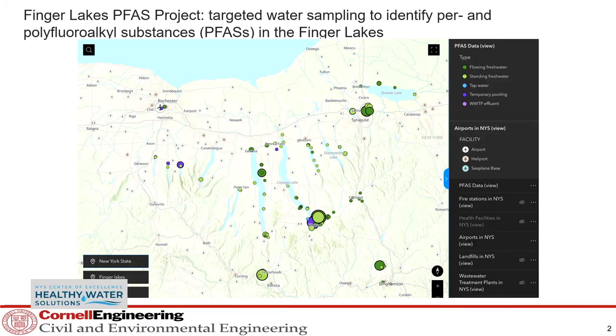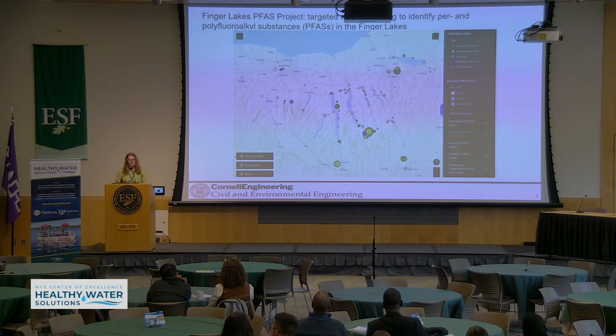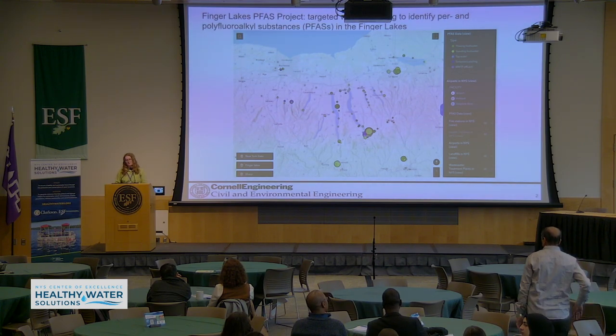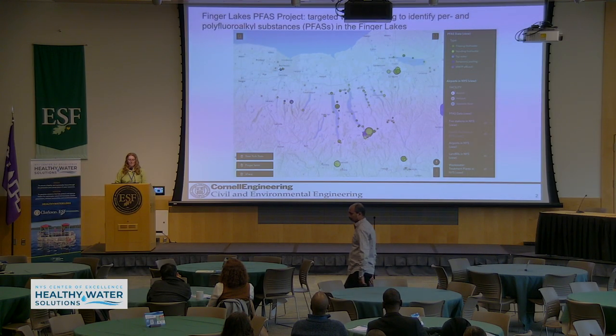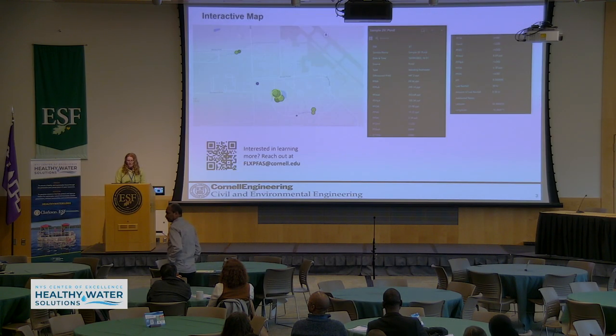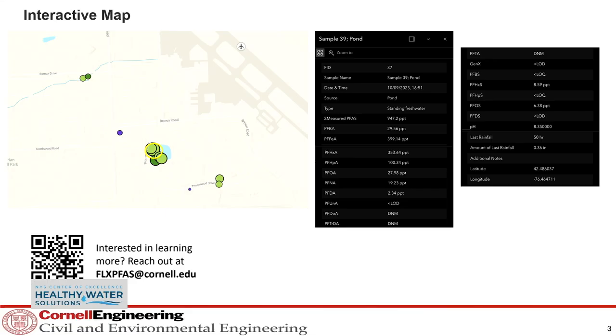So here we have the map that we began with. We created a map on ArcGIS that includes potential sources of PFAS, including airports, fire stations, wastewater treatment facilities, and landfills. And we use this map to inform our sampling of the region. Once we collect samples and process them according to EPA Method 537, we create our interactive map that you see here. Each circle is a sample that we have collected on the map,